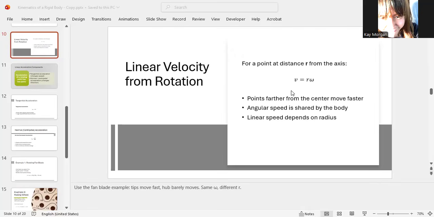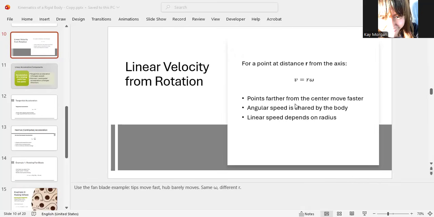So points that are far away from the axis of the rotation are going to move faster. If somebody says points that are farther away from the axis of the rotation move faster in a straight line than the points closer to the center, you've got to get this. We're talking about the velocity, and we're looking at a point that is a distance away from the center, and that thing is moving with an angular velocity of omega. So make sure you get that.